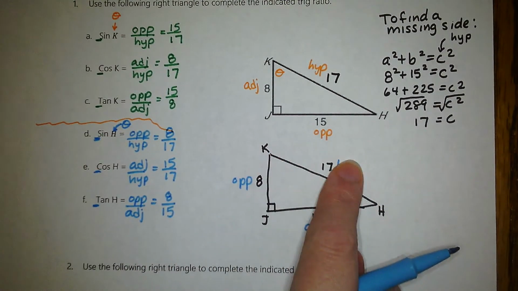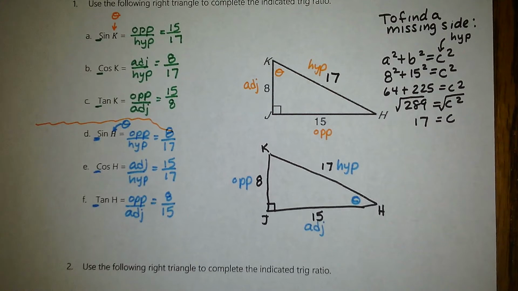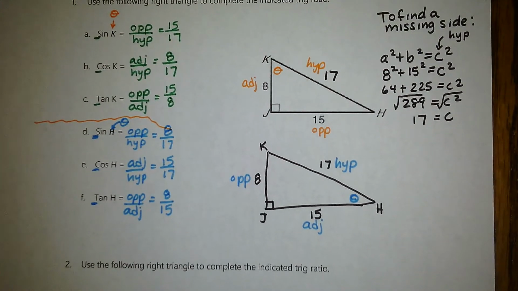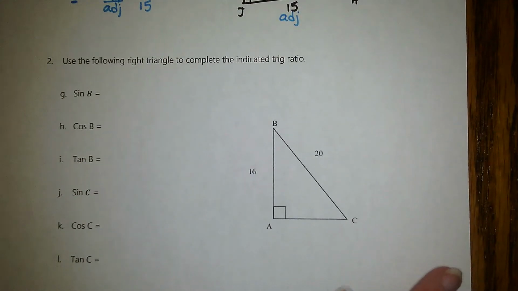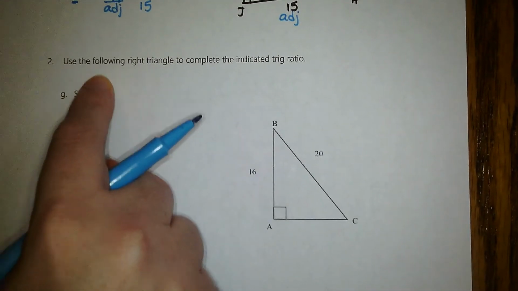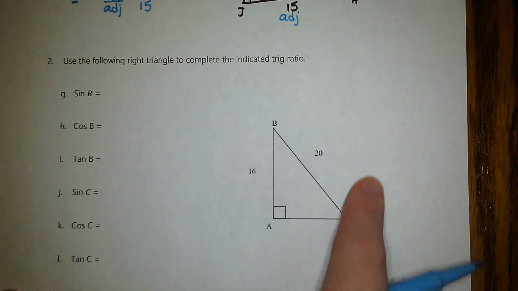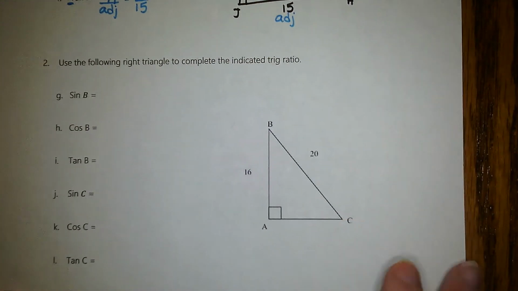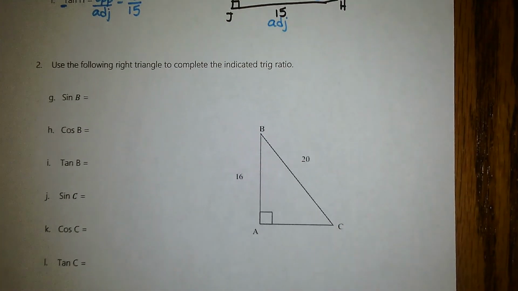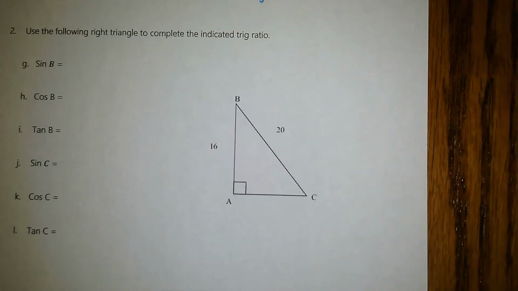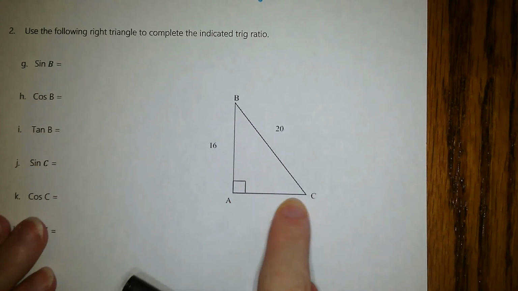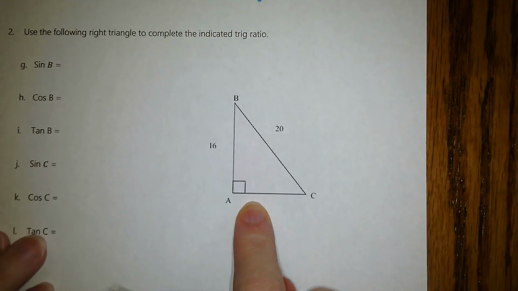and then you label, okay? So what I'm going to do is come down here and walk you through this one. The reason I want to walk you through this one, not so much for this, because I think you'll get this, it's more here, is because we're still missing a side. In our number 2 example, the side that we're missing is not a hypotenuse. It is a side length, and depending on your theta, it is either going to be an opposite